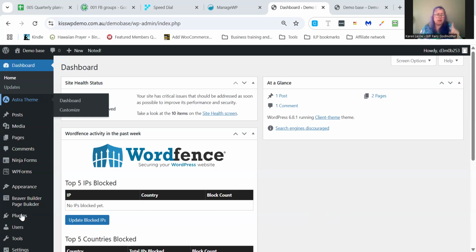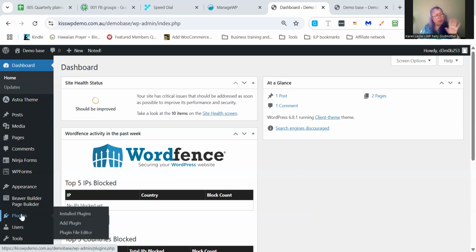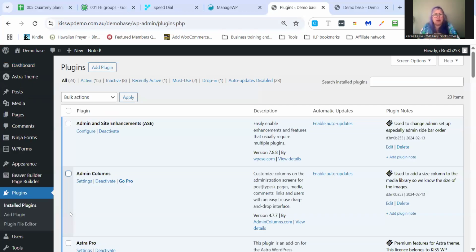So to load a backup plugin, you want to go to installed plugins because you want to have a look around to check whether you have got a backup plugin already installed. You can do a search of this page using your browser and search on the word backup. And if you have a backup plugin, it will normally say backup in the description or in there. If you don't have one,